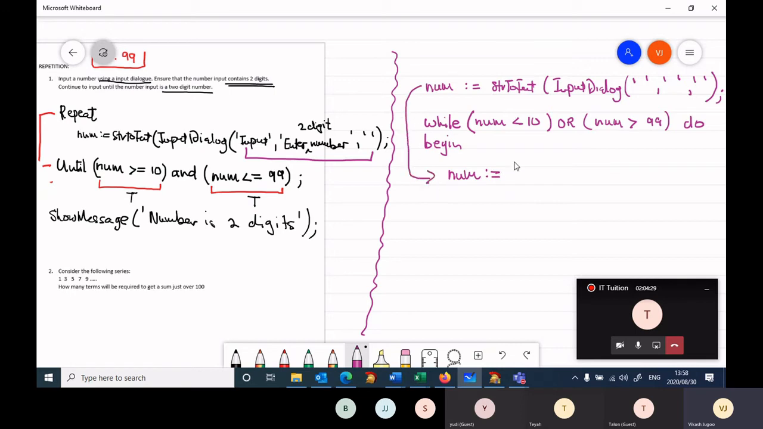So I'm going to repeat this statement here. It's going to come in again, and I'm going to say string to int input dialog. And again, I'm taking a shortcut with the dot, dot, dot. I think you should understand what that means. It's the same as previously, input and end. And as long as the user inputs a number,